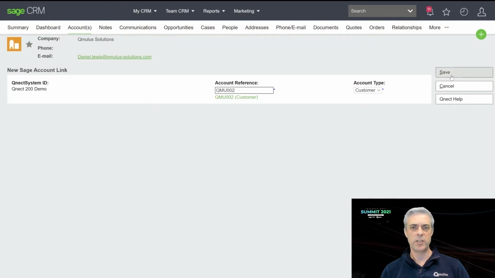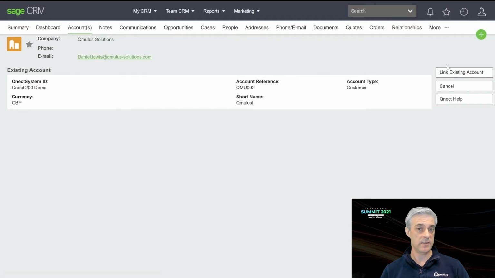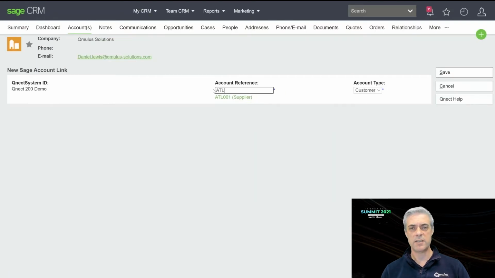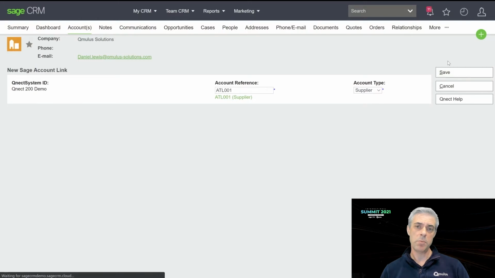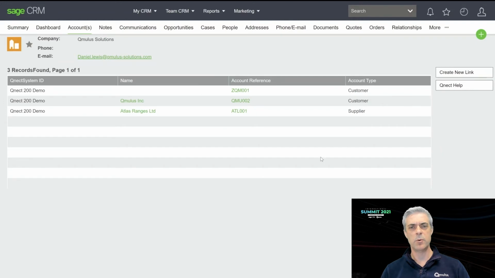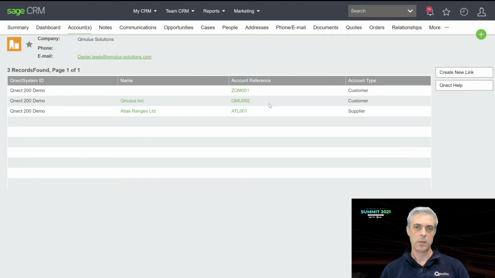It's worth noting at this point that you can also link Sage CRM customers to existing Sage 200 customer records, which may be useful, for example, for customers who have branches where you deal with different people and addresses, etc., but the orders are all placed against the head office Sage 200 record. Connect 200 also supports linking to supplier records, and Sage CRM companies can even be linked to multiple customer and supplier records as required. This gives you the flexibility to create your company structure in CRM exactly as it is for the customers you work with, regardless of the financial structure of the customers or suppliers within Sage 200.